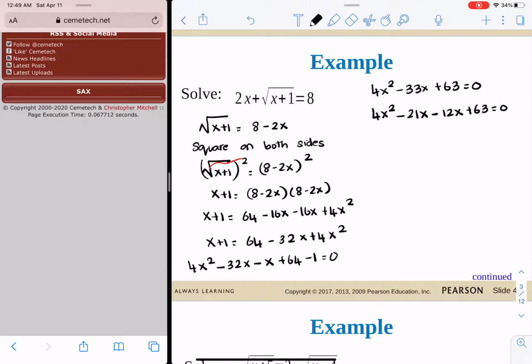So negative 21x, negative 12x is negative 33x, and then we'd have 63. The common factor between the first two terms is 3x. So if we pull out 3x, we have 4x minus 7. And if we pull out 3, which is in common between the two,